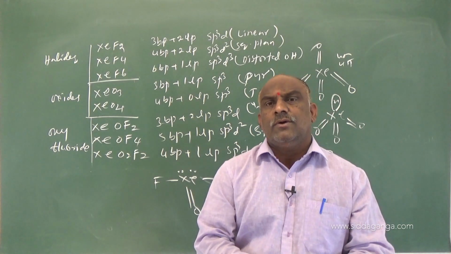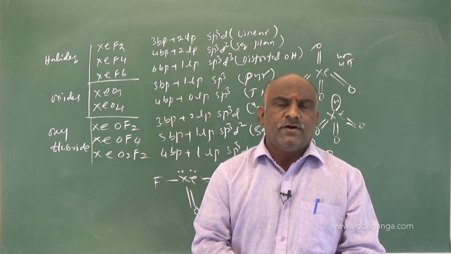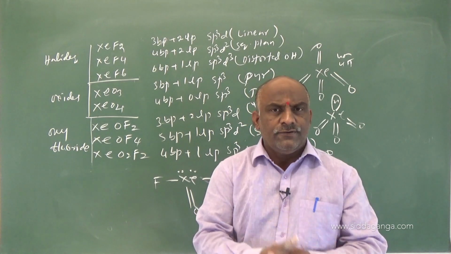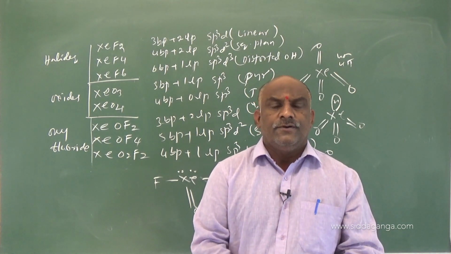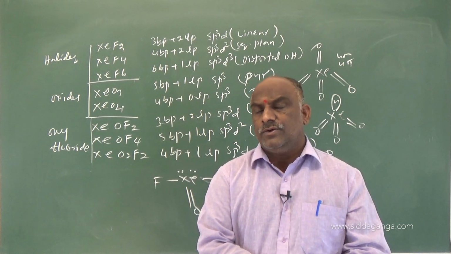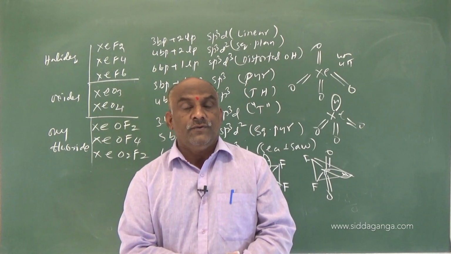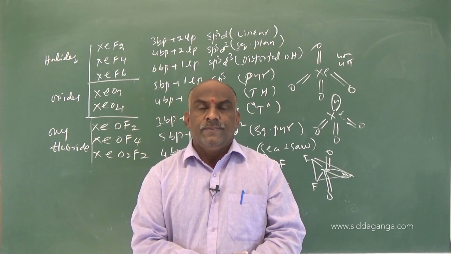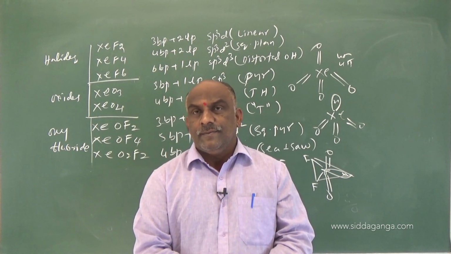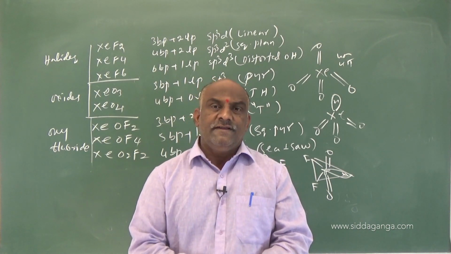Hybridization is equal to the total number of valence electrons divided by octet. You can apply this formula to any compound. If you have any doubt, please share your doubts in the comment box. So this was p block elements, and remember XeO3 is explosive and a solid, that is an important point, and XeO3 is pyramidal. So revise the topic, practice the equations.